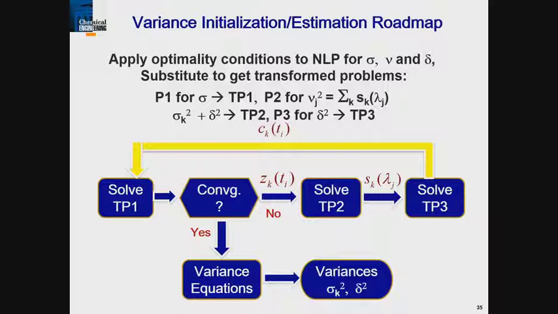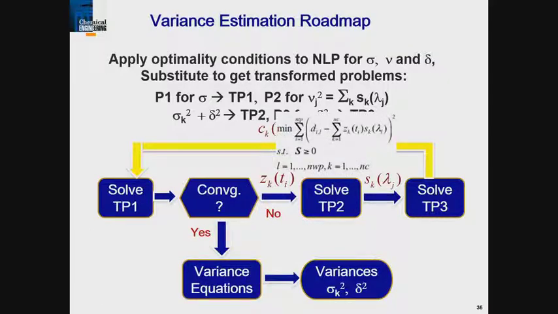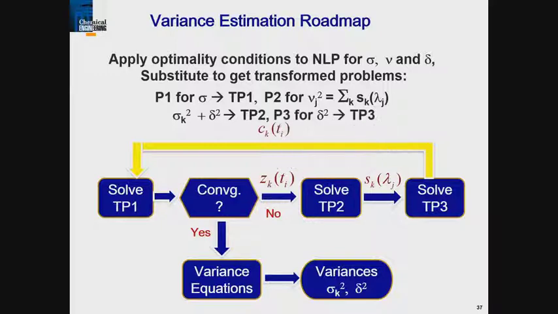And so we have a set of optimization problems where we first start by assuming that we know what the concentration is. We solve this model here to find Z. Based on that, we're then going to determine what S is. This is the whole matrix of absorbances. Once we have that, we're going to use that to find out what the concentration profile is. We do this a few times. I'm not saying there's any convergence proof here, but we do this a few times, and then eventually we get enough information where we know C, we know S, we have D, and we can separate the two noise components.